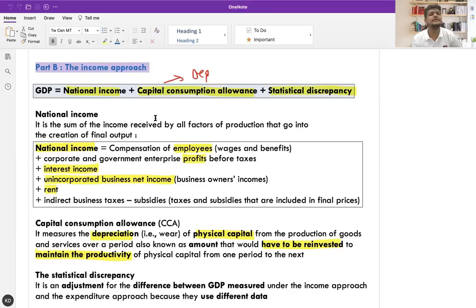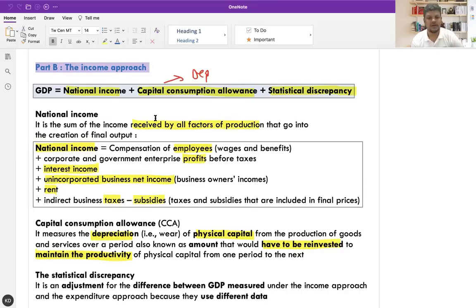Yes, there are many businesses which are not completely accounted for. They are completely unorganized and they may not be visible to you, but even those are part of national income. Clear? And then the government also makes some income through taxes, less subsidies. Clear? So this is the national income received by all the factors of production that go into the creation of